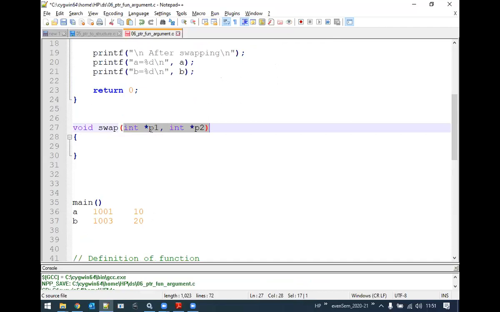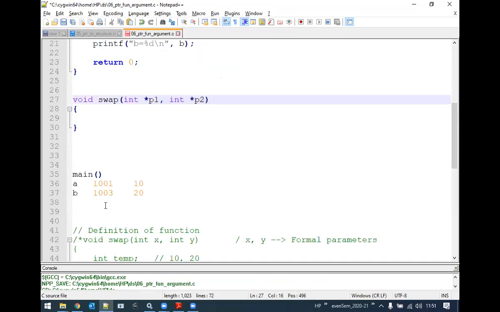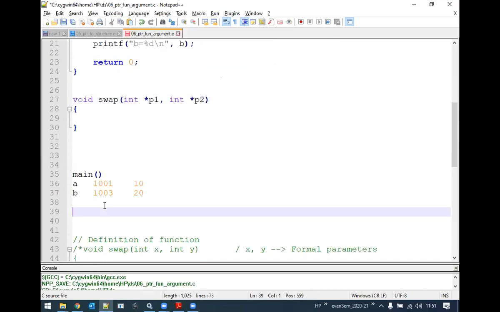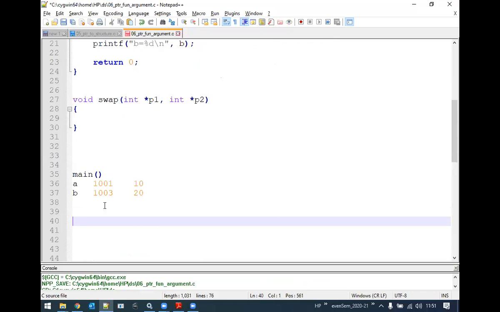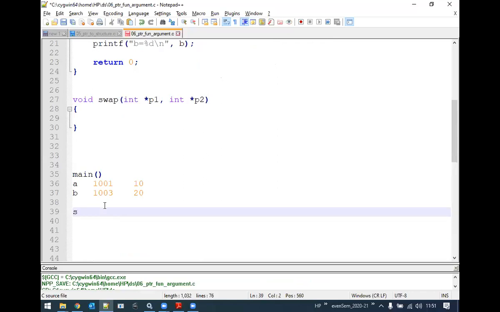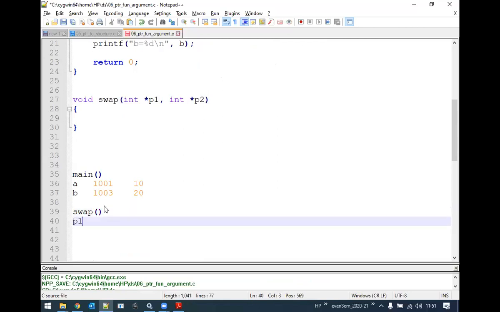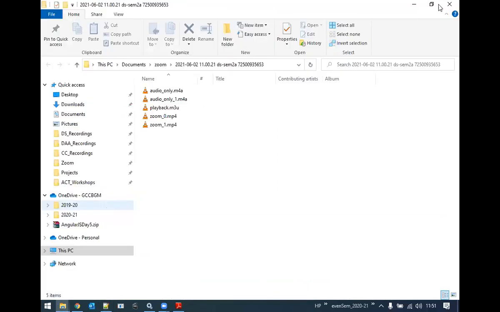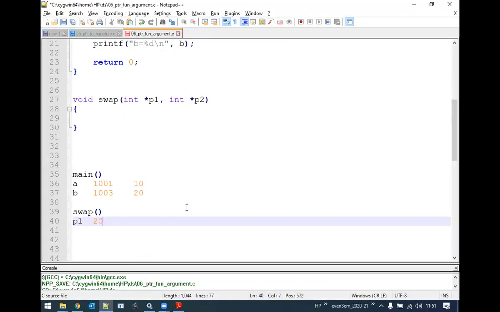So once we pass them, it will come to the user defined function. Since those are addresses, we need pointers to store them. So what will happen in the memory block? For the swap function, we have a pointer, and say the pointer location is 2001. Now tell me what this pointer contains.